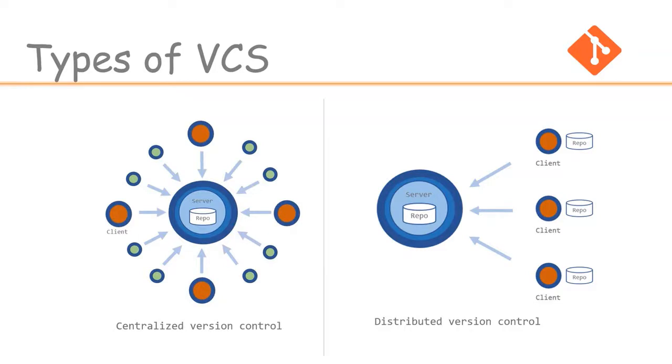Git does not rely on the central server to perform operations, and you can do many operations on Git even when you are offline. You can perform commits, you can create branches, you can view logs and perform many operations even when you are offline. You require network connectivity only whenever you want to push the changes to the central repository, or whenever you want to take the latest changes from the central repository which are made by your peers. And Git is an example of a distributed version control system.